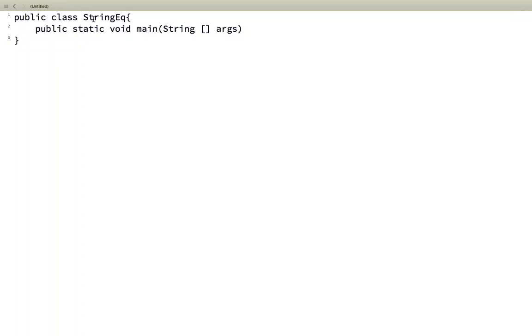So we declare a class called StringEq. We write our main method in it. We declare two strings. How do we declare a string? Using the String class: String str is equal to test. Right? Now if I say